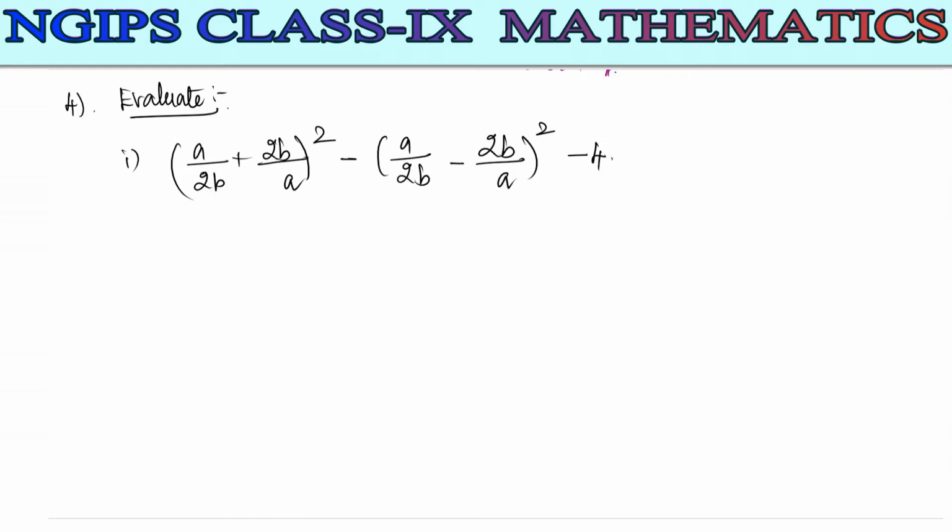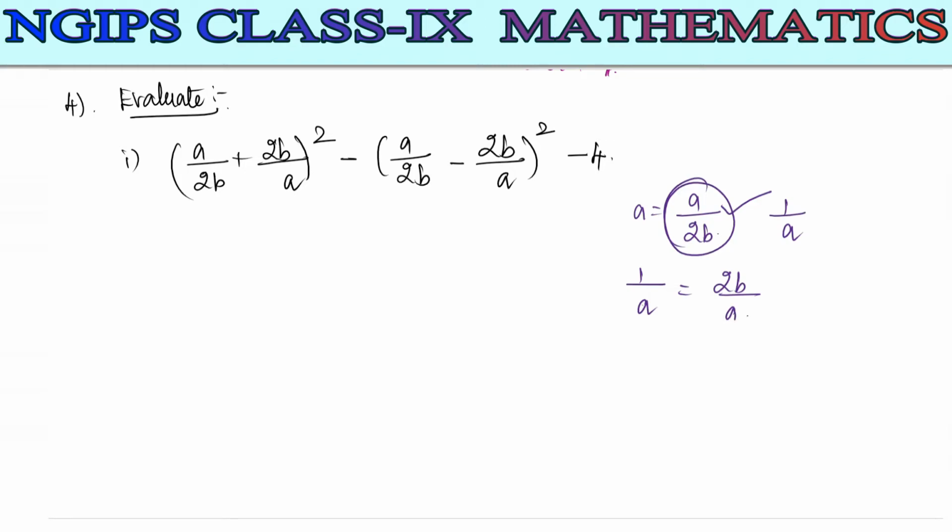So in this condition I can use the identity here. Now if you look at this, a I'm going to take it as a divided by 2b. So what is the inverse of this value? So 1 by a, when you take inverse we are going to get here 1 by a is equal to, just we need the reciprocal, so 2b divided by a.